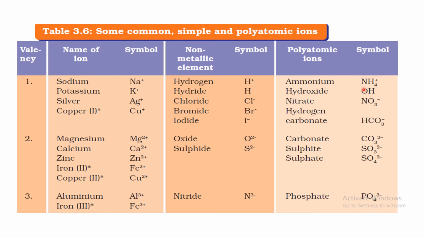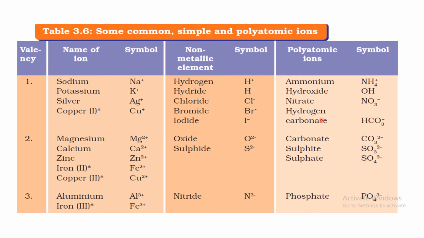Ammonium, its formula is NH4 and it carries 1 positive charge. Hydroxide, many compounds are made with hydroxide, OH minus, single valency. Whenever you write the formula for these types of compounds, when you practice, you will see you do not have to make any change in this formula. Hydroxide will always be OH. Nitrate will always be NO3. This is the formula for nitrate. So you will learn in such a way.